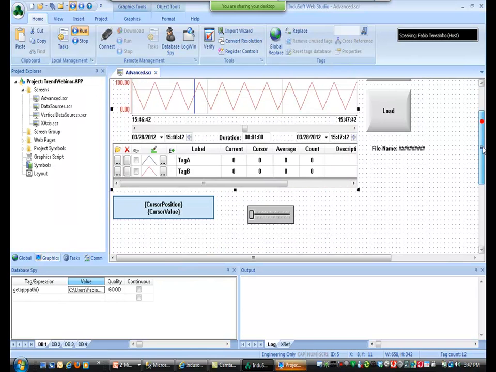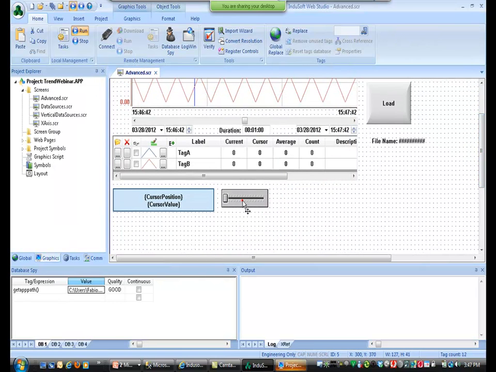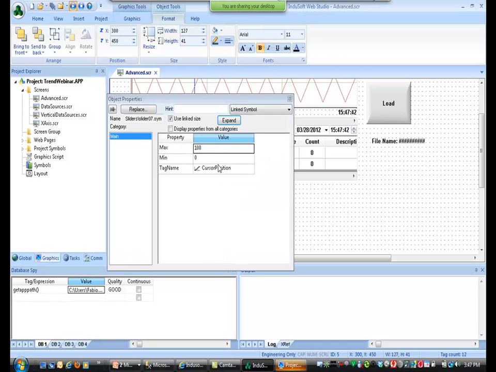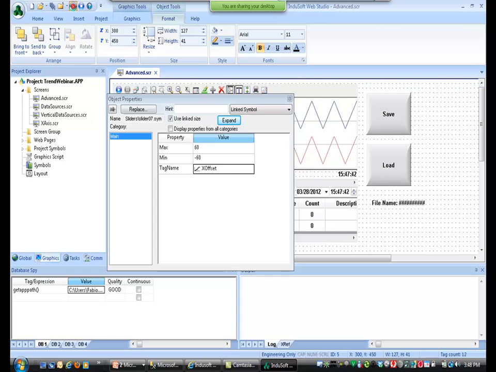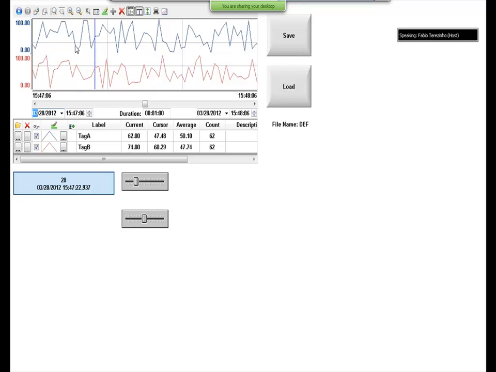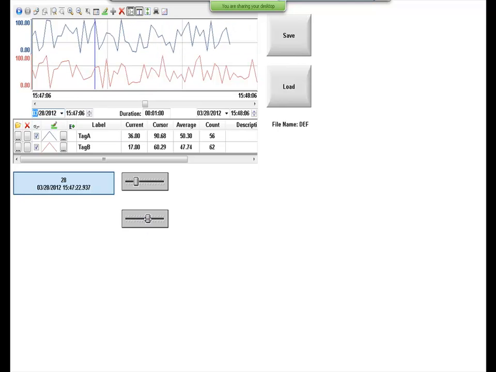And to make a quick test here, I'll create a slider where I change the value of the tag x offset between plus 60 seconds and minus 60 seconds, for example. So I run it. Right now those 2 pens are synchronized, and if I change the value of the offset, I scroll the value of the first pen plus 60 seconds or minus 60 seconds